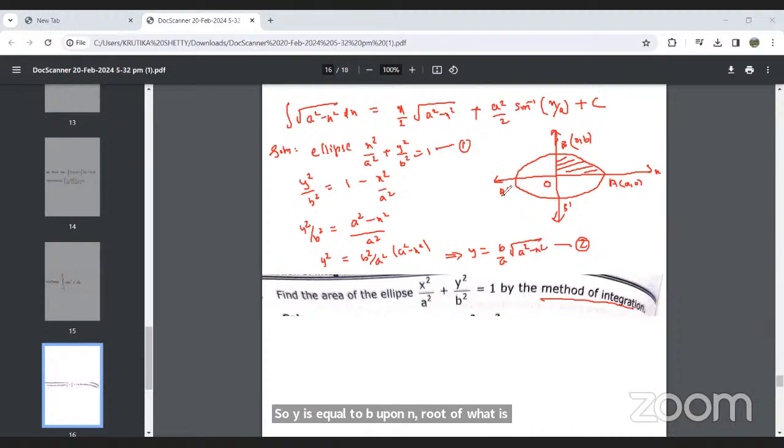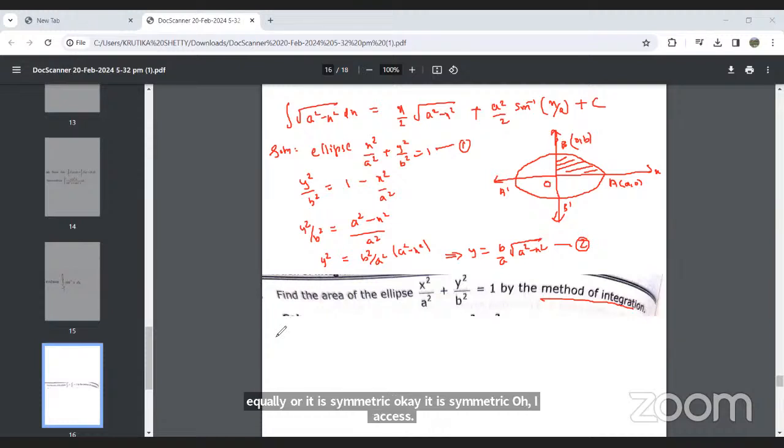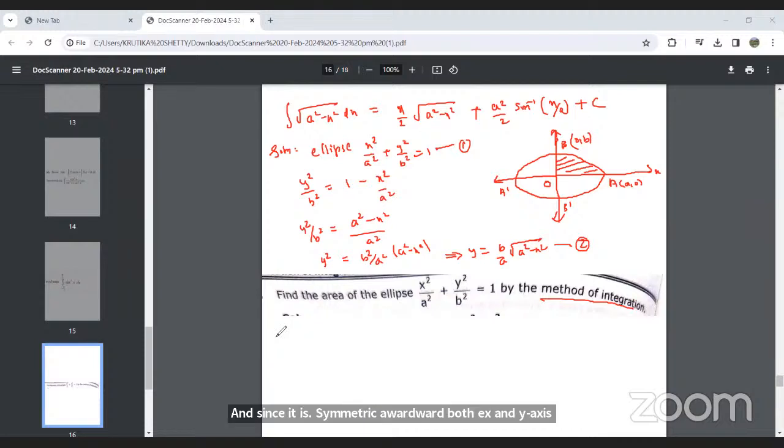Now using the figure, we need to describe the figure. So what we need to do further is write the description: the area of the ellipse is distributed equally, or it is symmetric along both the x and y-axis, and since it is symmetric about both the x and y-axis, we get the required area as